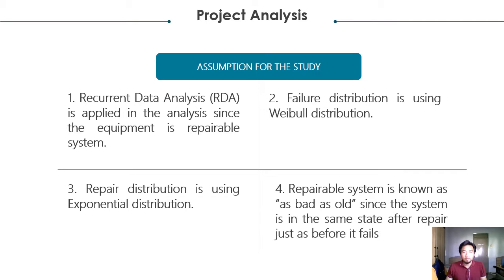The assumption of the analysis has been made into three categories. Recurrent data analysis (RDA) is applied in the analysis since the equipment is a repairable system. Failure distribution is using Weibull distribution. Repair distribution is using exponential distribution. Repairable system is known as bad as old, since the system is in the same state after repair just as